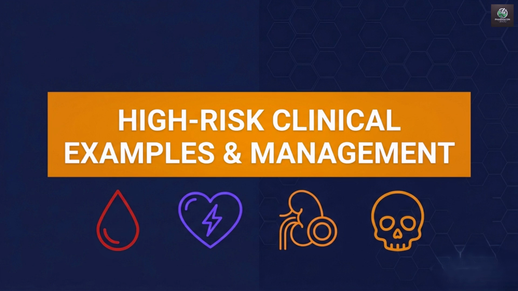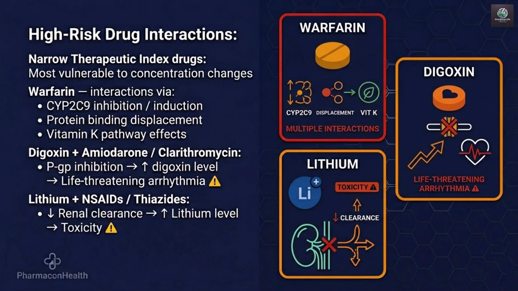Now let us examine the most clinically significant real-world drug interaction scenarios that every prescriber must know and how to manage them. Certain drugs carry inherently higher interaction risk because any change in their plasma concentration, up or down, produces serious clinical consequences. The highest risk category is narrow therapeutic index drugs, which we covered in detail in Episode 1. Warfarin interacts with dozens of drugs through CYP2C9 inhibition, CYP2C9 induction, protein binding displacement, and vitamin K pathway effects, making it one of the most interaction-prone drugs